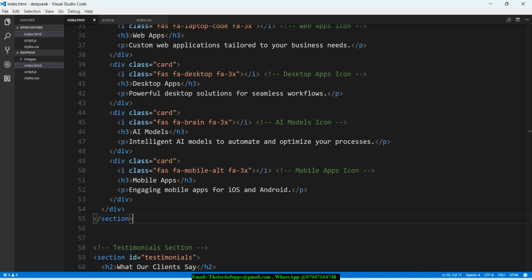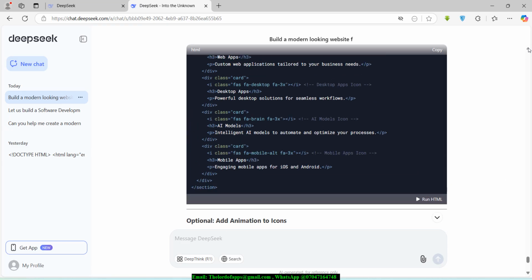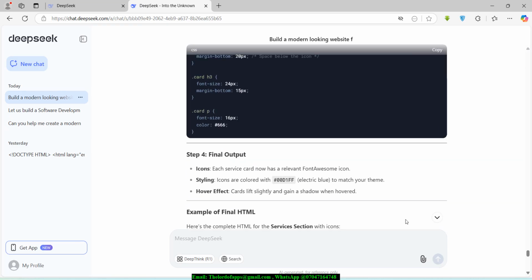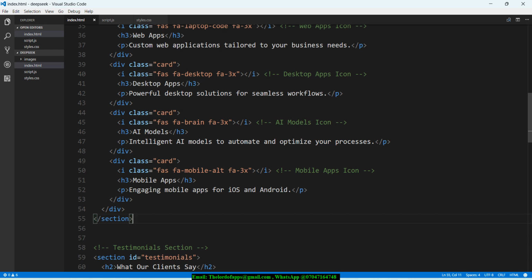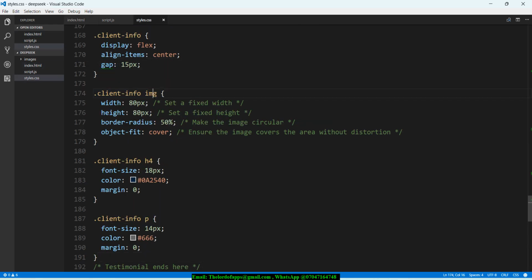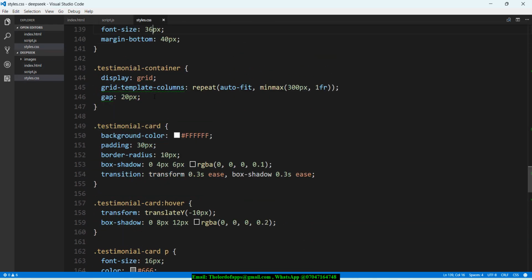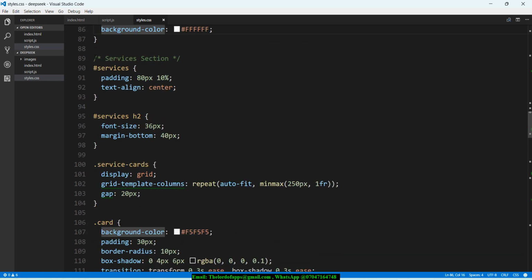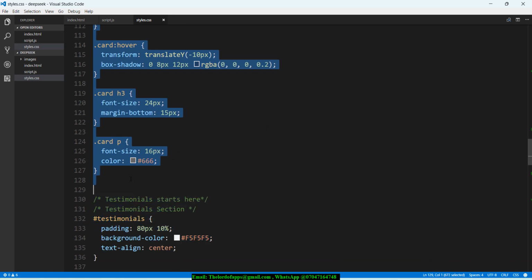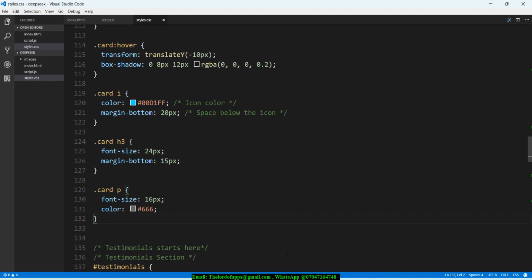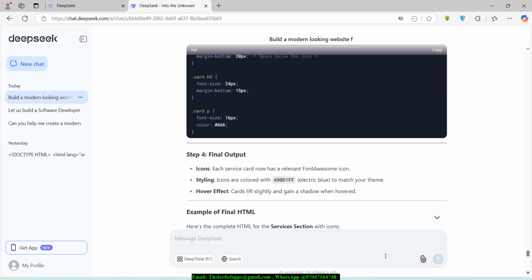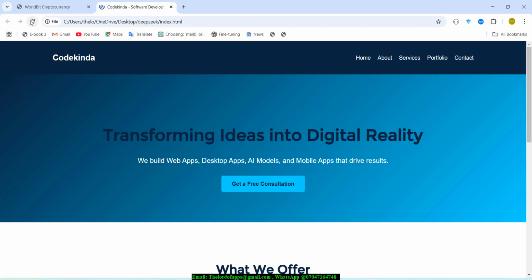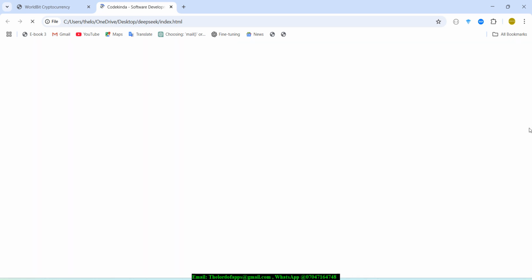I don't even know what I copied anymore. So let me go back, and I think I just copied, okay, the CSS and the services section. So if we go back in here, I want to look for the services section right here. Okay, right here. So I want to go ahead and paste that right here, and then save the changes. So if we go back to refresh here, and we'll scroll down,